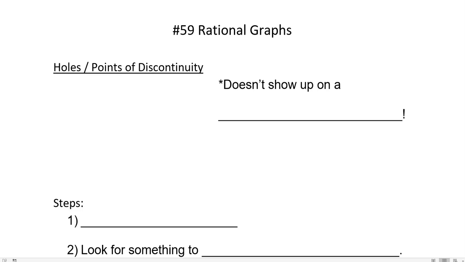Again, this is just the math terminology, but the graph is going along, there's a hole in it, and then it keeps going along. So, when I say hole, that is what I mean. The thing about it is, we have to be able to look at the equation and tell that that's happening, because it is not going to show up on a calculator graph